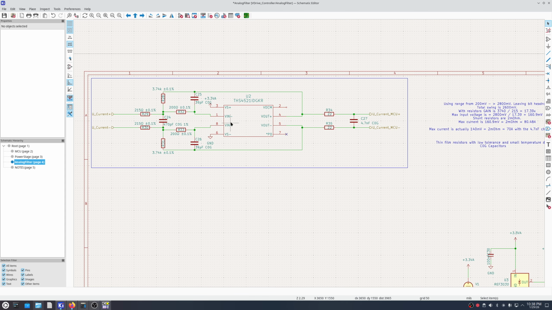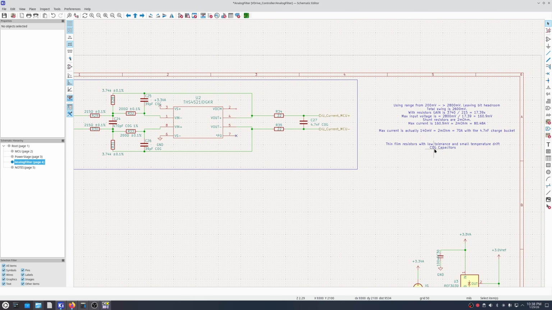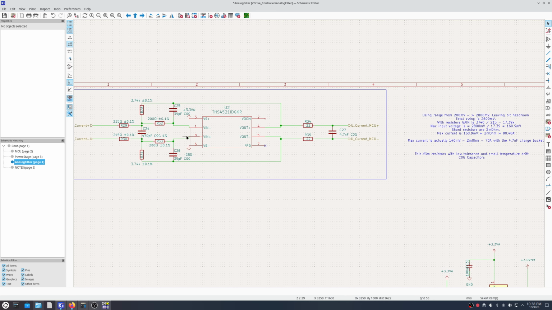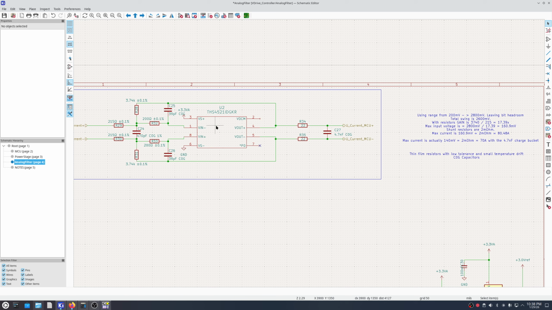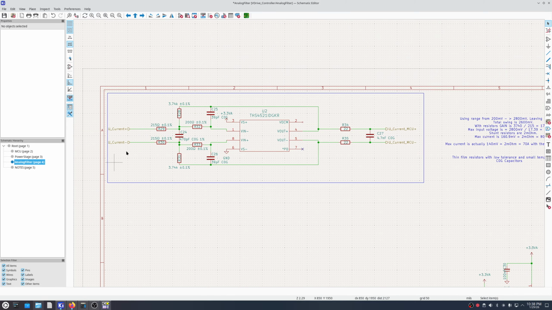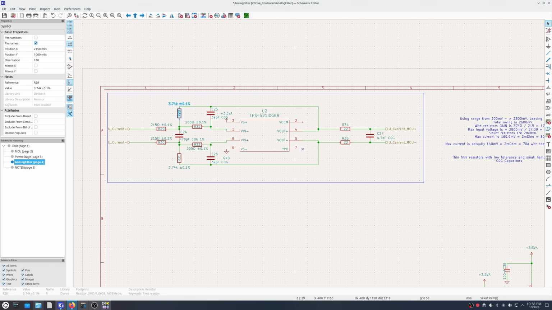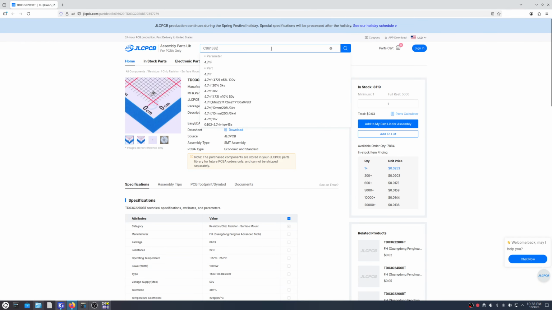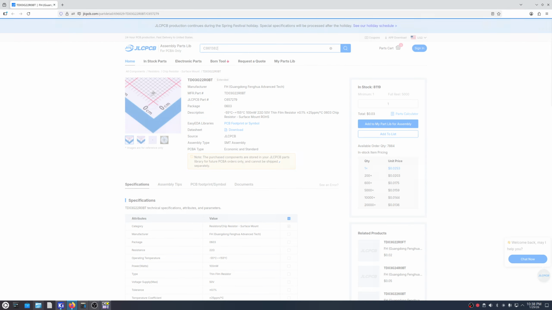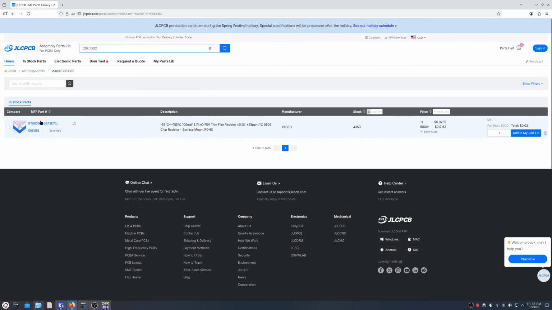And then the capacitors are this C0G. So the C0G has very low temperature drift also. So I'm using them so that makes the amplifier stable even if the temperature is drifting or it's heating or something. I can open one from here so you see. And then if we take the JLC PCB and search for this resistor, so it was this one, thin film,